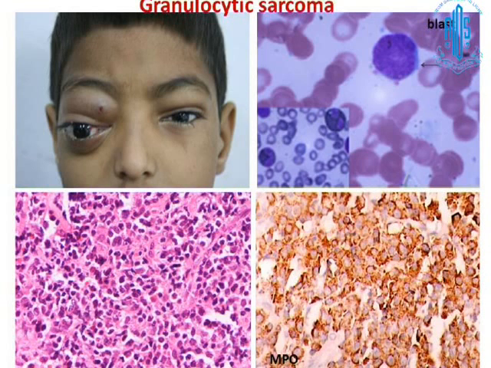This is a young boy who presented with an orbital mass. Now, once you have a child with an orbital mass, the first thing which should be asked for is a peripheral smear, which is a very simple tool. And if you find blasts in the peripheral smear, then a biopsy is avoided. But in this particular case, the peripheral smear was negative. So a biopsy was done, which showed a malignant round cell tumor, and myeloperoxidase was positive, which gave the diagnosis of granulocytic sarcoma.